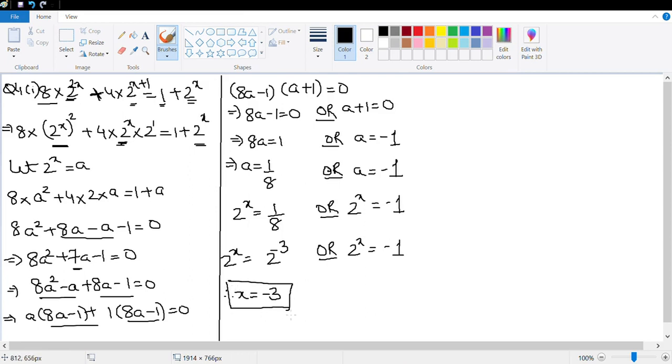Now let's look at this. Can 2 to the power, any power, ever be negative? There is something that you need to understand. Let's say the power is 0, I'm giving you an example. 2 to the power 0 will be 1. Will it be negative 1? No. Let's look at a positive power, 2 to the power 3. What will be the value? It will be 8. Can you have a negative value here? No, so you cannot have a negative value.